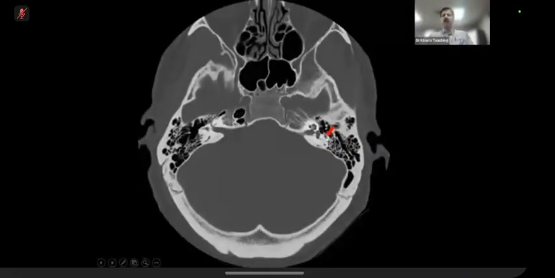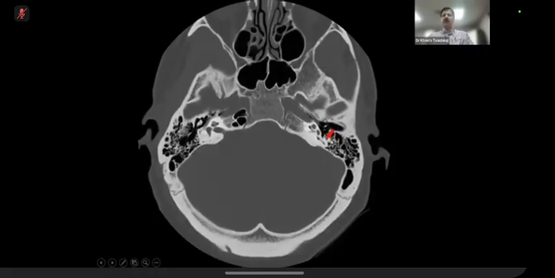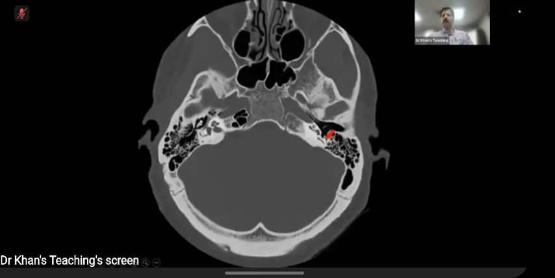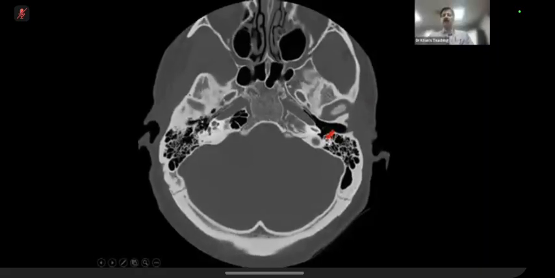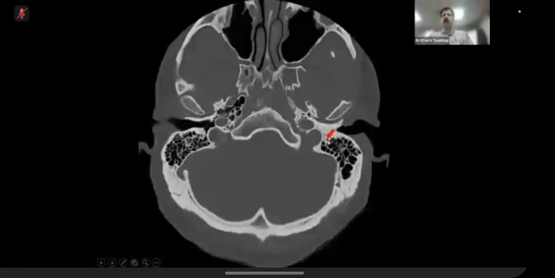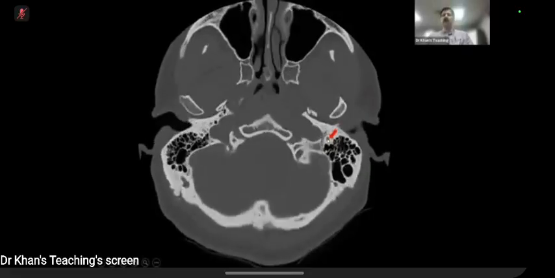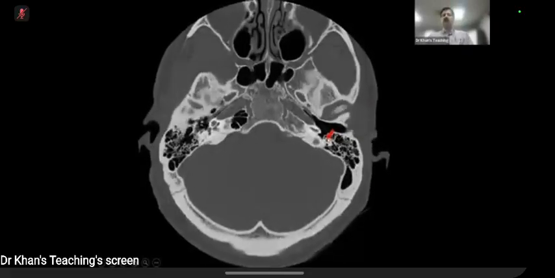Here, if you see it very carefully, you can see a triangular structure where I am pointing out. You see this? This is known as the pyramidal eminence. We will learn about it subsequently. If you see it very carefully, there is a dot here. So this is the stapedius muscle actually. And this is the descending portion, and it will go out. Another point to remember is that,